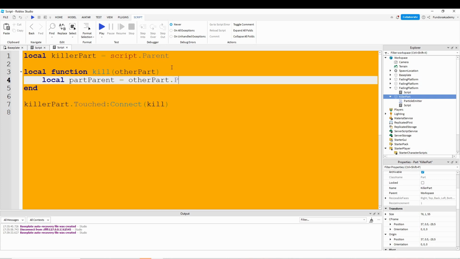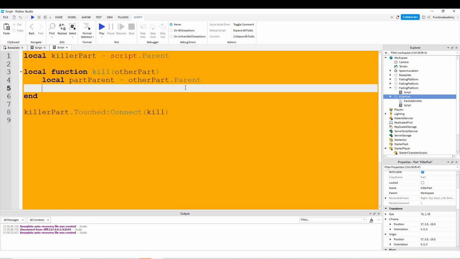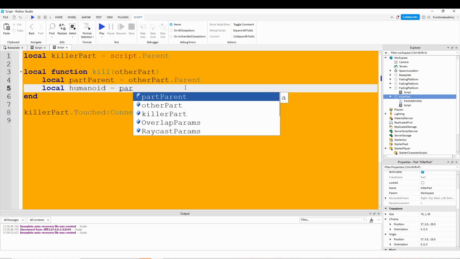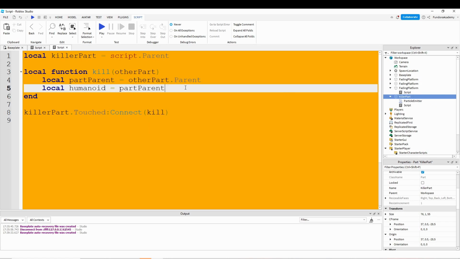In this case, other part is a foot or leg, whatever part of your body touches the killer part. So we need to find the parent of the part. So let's call it local humanoid equals part.Parent:Find